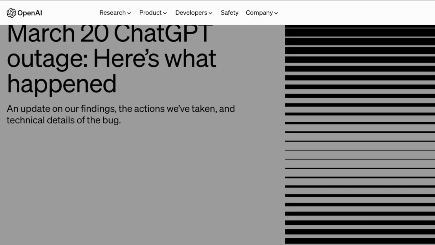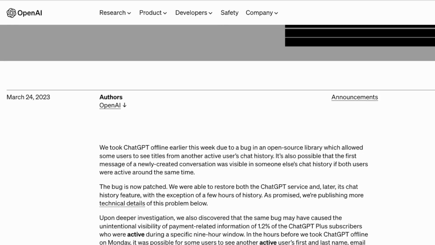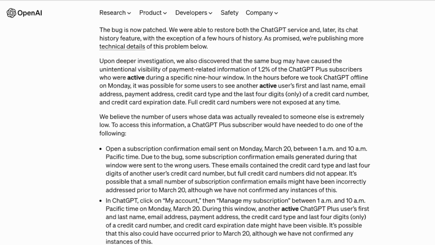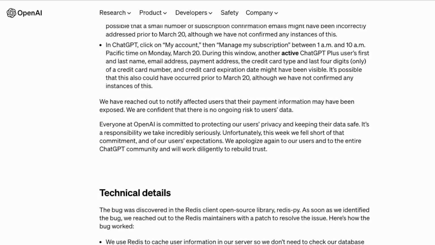Another form to this could also be the open source library vulnerability or supply chain vulnerability, because how can you forget supply chain in this? This is also the reason for the outage that ChatGPT went through in March. What essentially happened was they were using Redis, which is open source, for caching information. And that's how they were unfortunately leaking the information of another user. Say, I'm asking a question and I see your information as my response. That's pretty much what was going on.